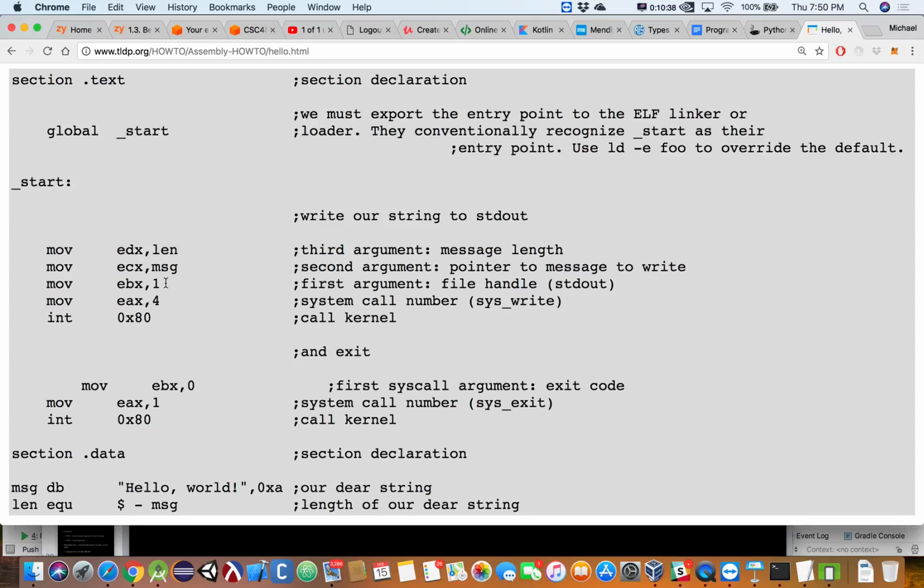But we are moving the number 1 in here because the number 1 happens to relate to, in the Linux operating system, the value for standard output. So we must have 0, 1, and 2 for the 3 streams. So 0 is probably standard in, 1 is standard out, 2 is standard error. All right. So we're just going to load a 1 into EBX. Then we're going to load just haphazardly a 4 into EAX. And it just so happens that